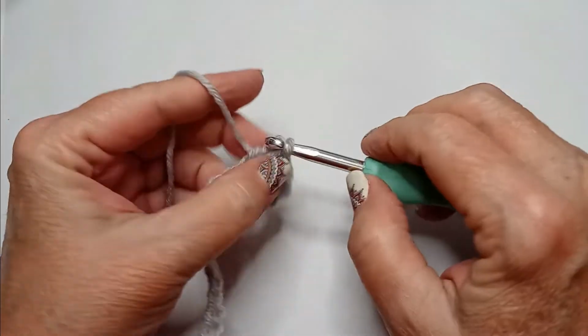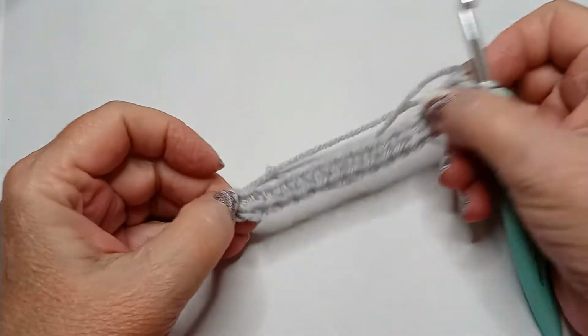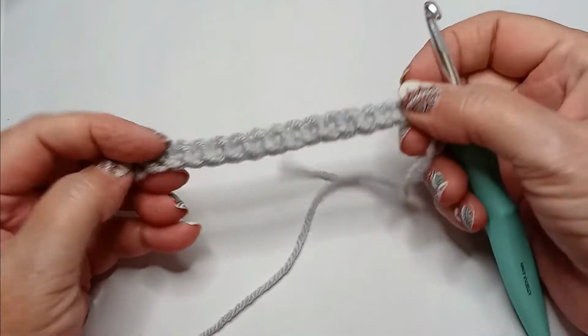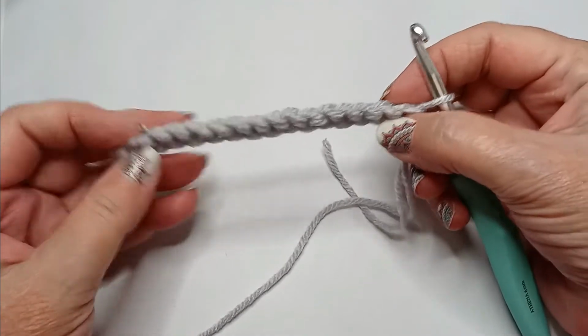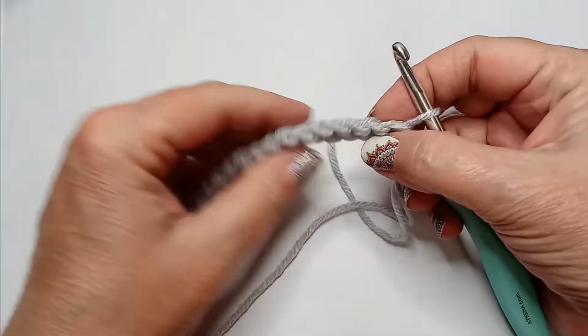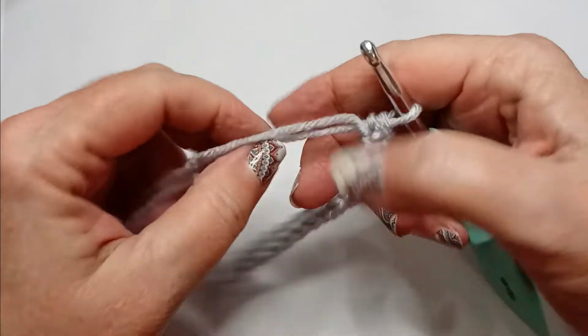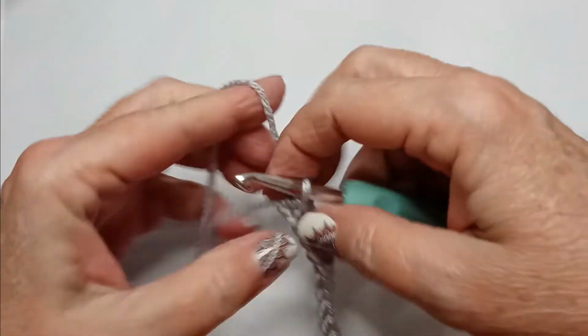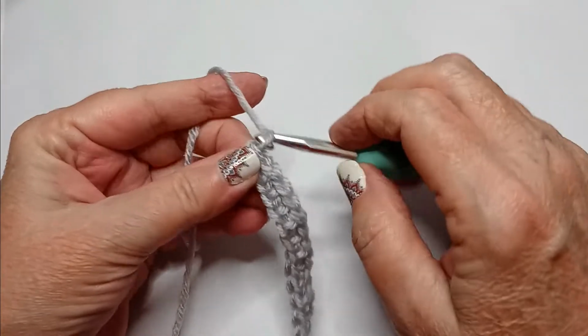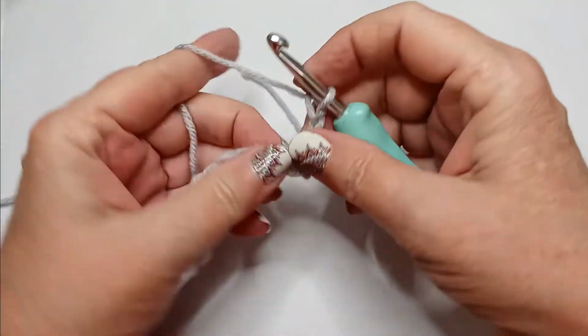And when you get there, you should have 16. Okay, so I have 16. It should look like this. Both sides look nice. Makes it easier for when you add the border. So for the first bobble row, you will chain 3. Turn your work,